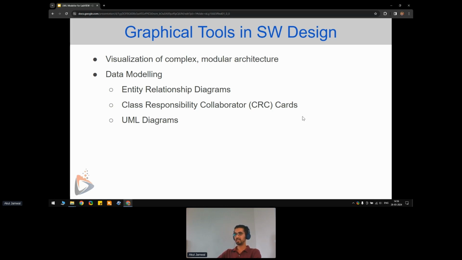Other than that, we have class responsibility collaborators. These are index cards which are divided into multiple sections. One section refers to the class itself, whatever class you are using. The second section contains the methods that define the responsibility of the class. And the third section is the collaborators, which are the other classes that are going to